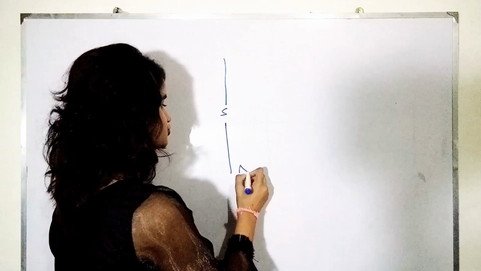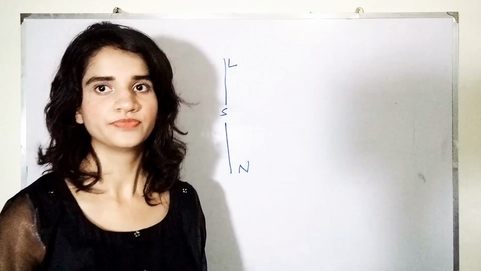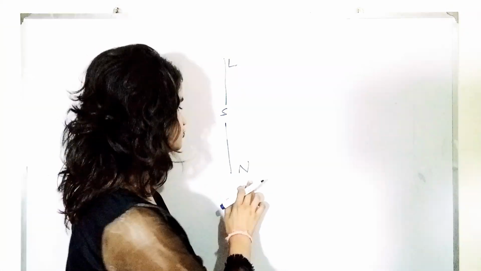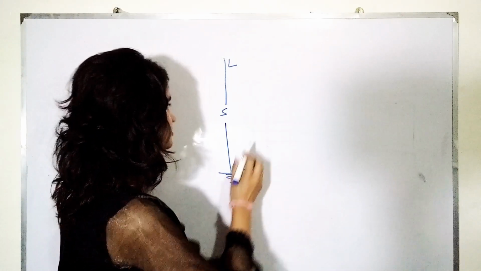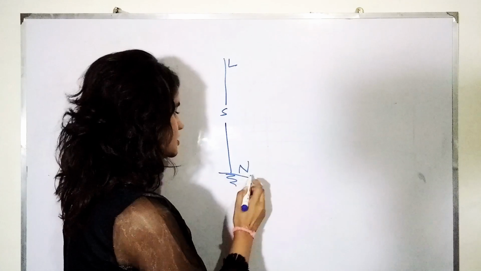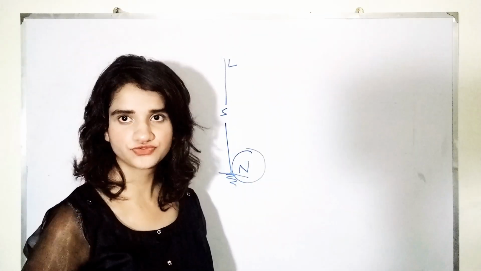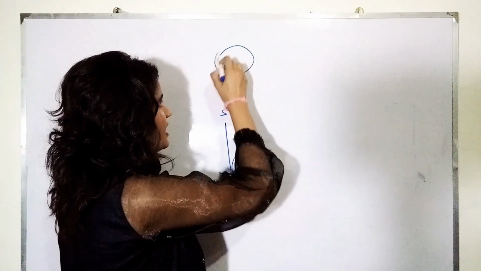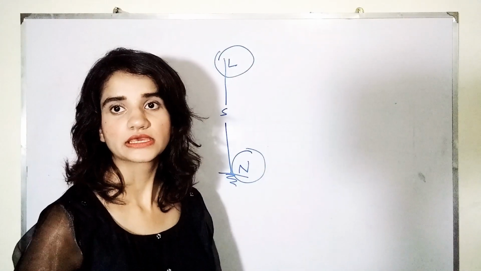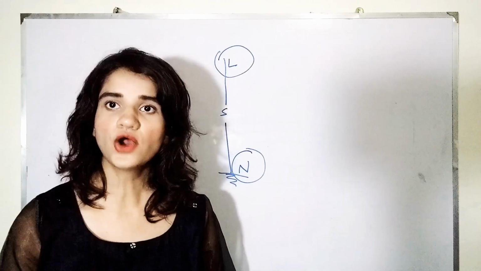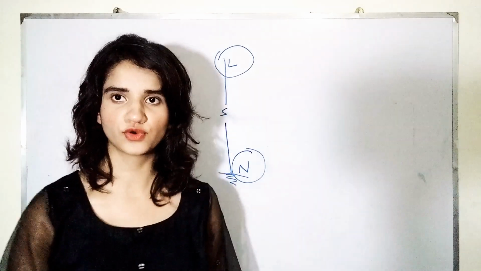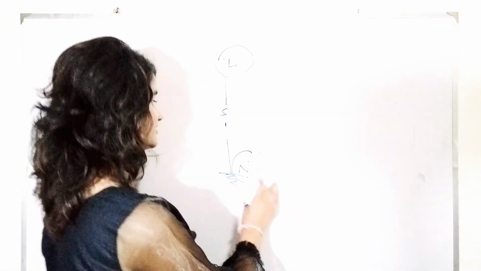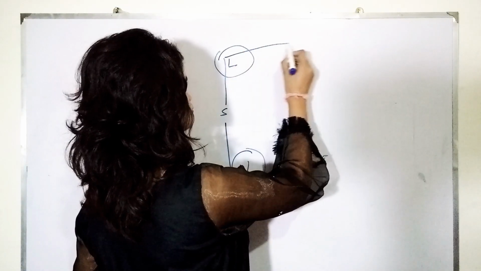One is the neutral wire and other is the live wire. Now, what is the function of neutral wire and what is the function of live wire? Neutral wire is being attached to earth, while live wire, neutral wire is also charge free. It is not having any charge. While live wire is not going towards earth and it is having charges. Now, how current is being flowing, how we can flow the current and how we can complete the circuit. For completing the circuit, these two wires should be connected.